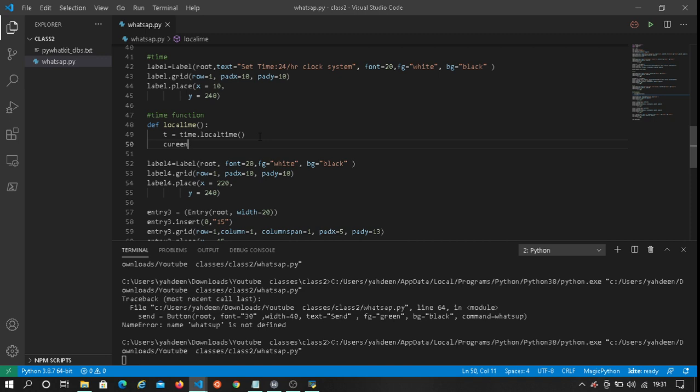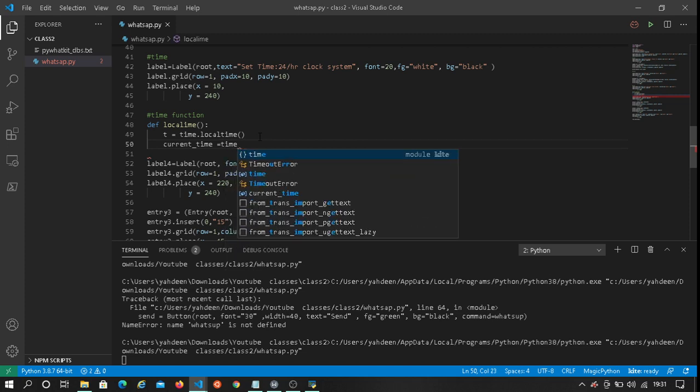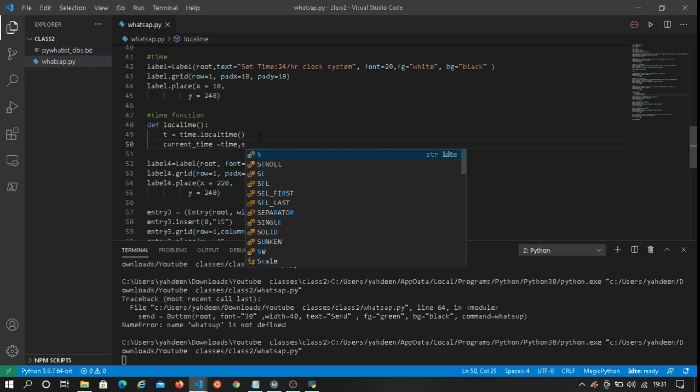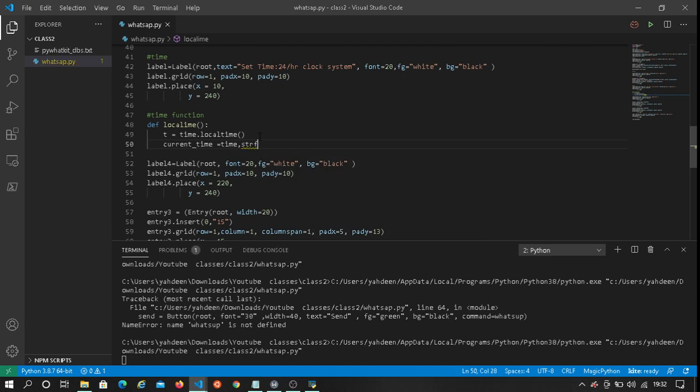So current time, and always try to rename your variables into something readable, so that other developers will not struggle with their code. You can find all of this in the time library, all of what I'm writing. Str time.